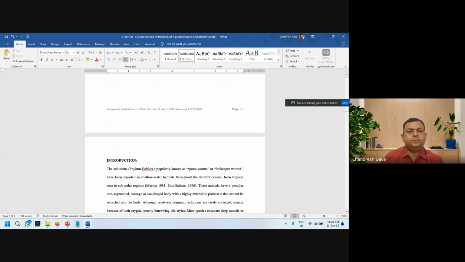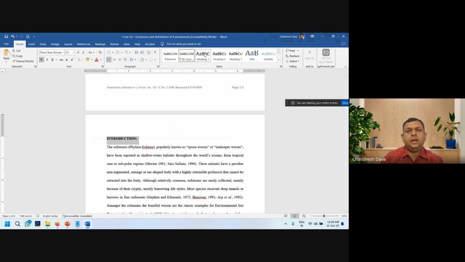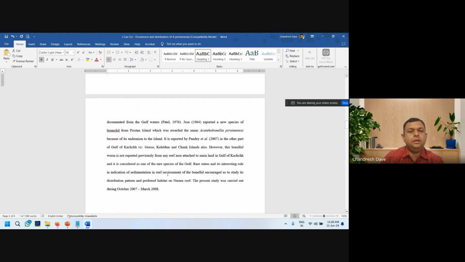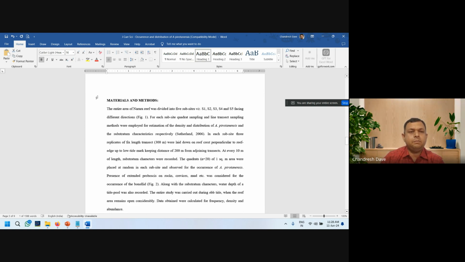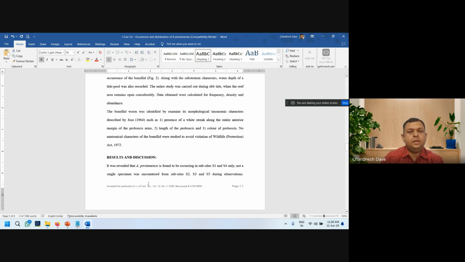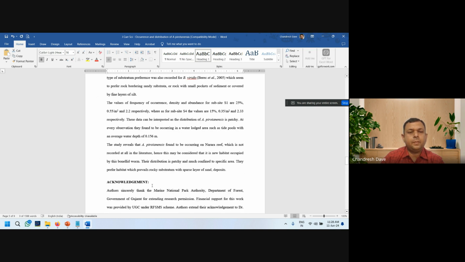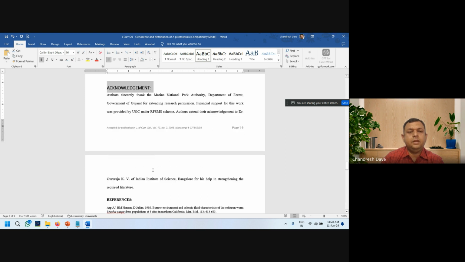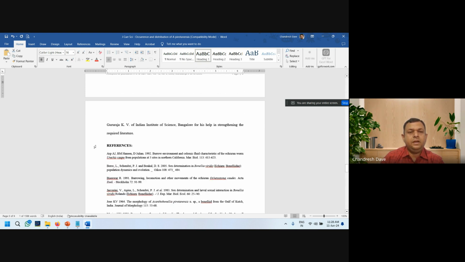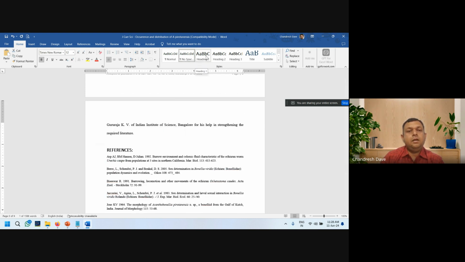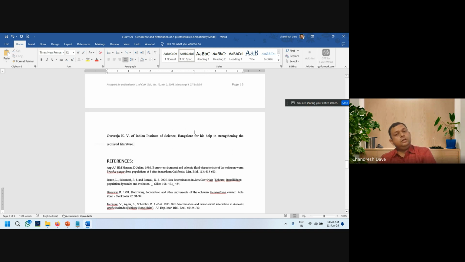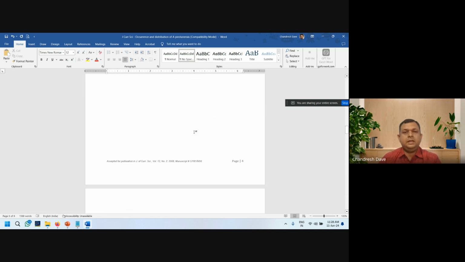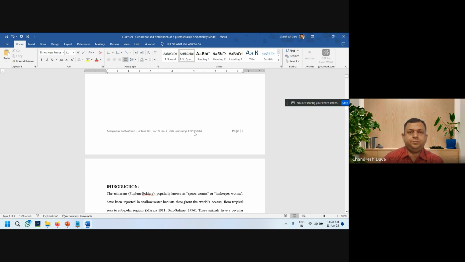Accordingly, I will select the text and assign them headings. Like materials and method is again a main heading, result and discussion a main heading, acknowledgement is a main heading, bibliography is a main heading. So in this way I have formatted my text.